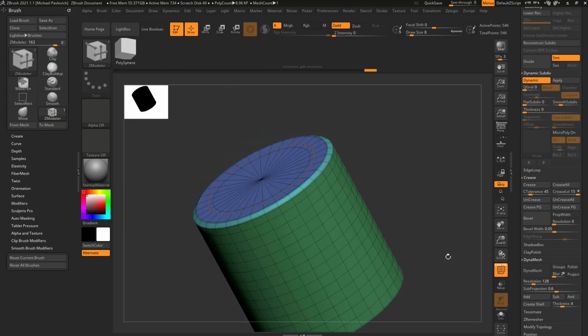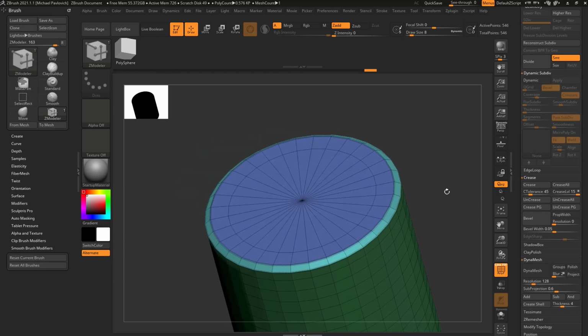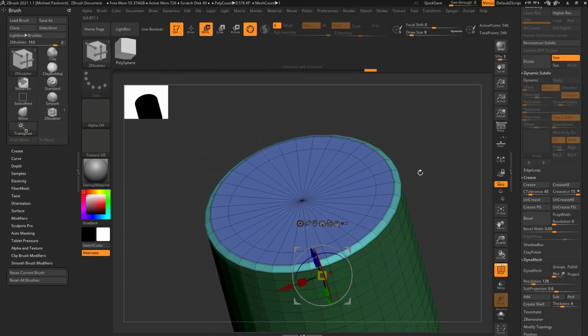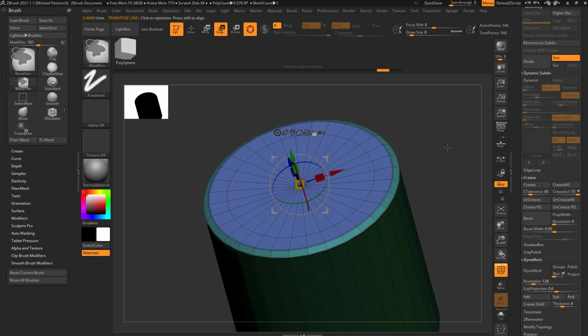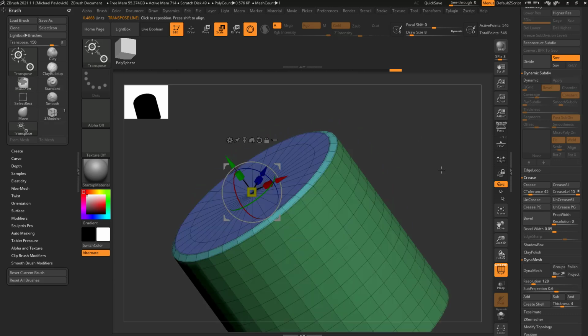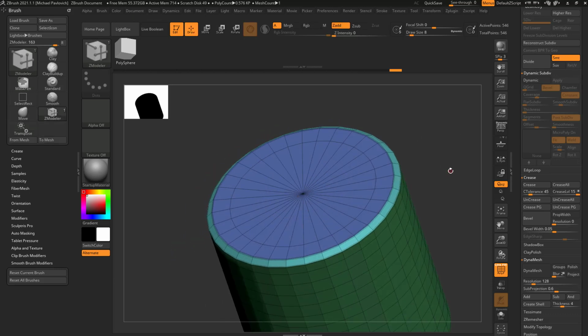So let's go ahead and model this top part out. And if you remember, when we hit W and then Y and we're using transpose with scale and holding down control and pulling in edge rings, I said there was a way you can do it that was ZModeler too. So let's go ahead and do that. Let's go ahead and hit Y to go back into gizmo mode. Control drag to unmask everything, hit Q to go back into draw mode, and then BZM to go back into